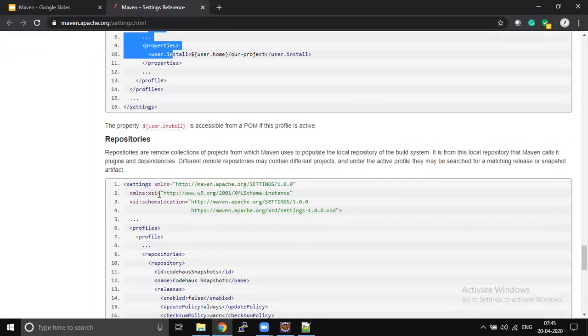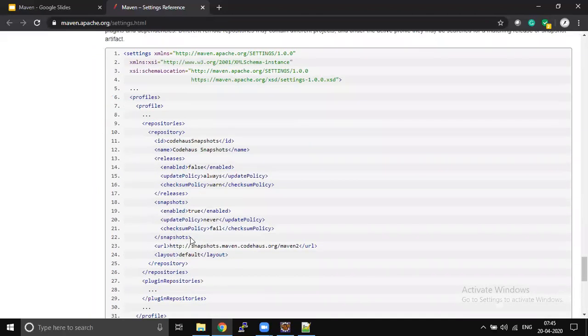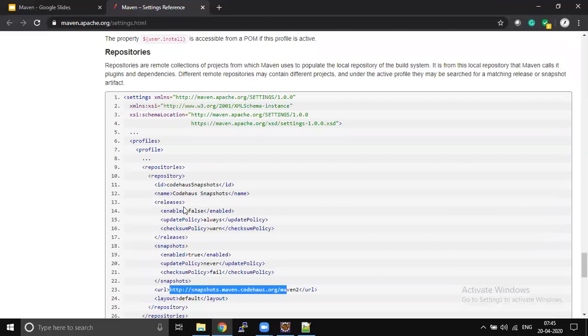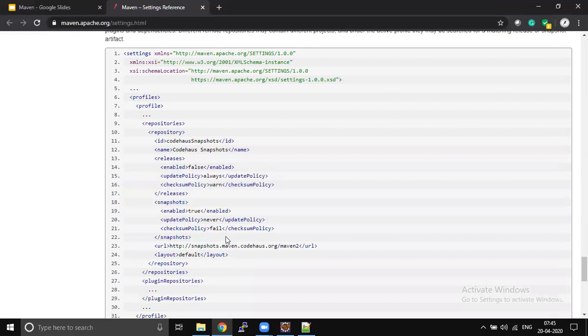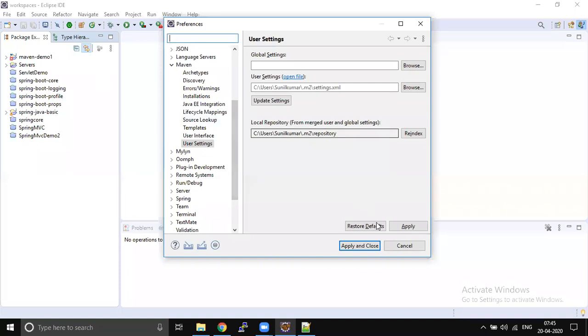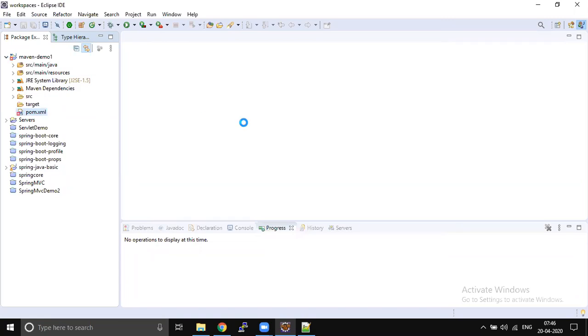Repositories, yes. Here is the place where we configure our remote repository. If you configure something here in the settings.xml file, that will work for all the applications running on my machine. If I don't like this repository, for example, for a particular project I want to connect to a different repository, then in that particular pom.xml file you go and add the repositories section.